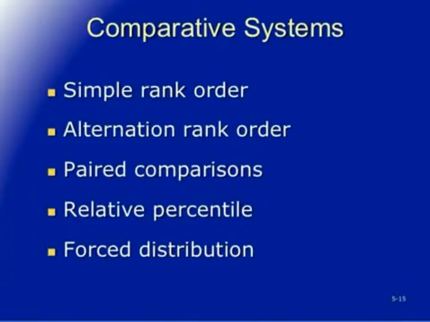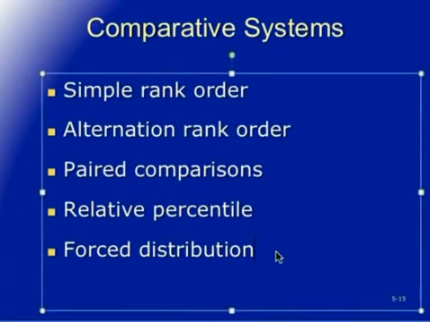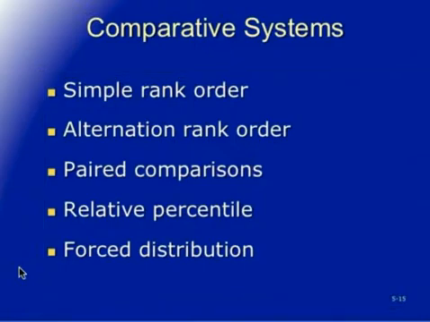So different types of comparative systems: simple rank order, alternation rank order, paired comparisons, relative percentile, and forced distribution. Again, I don't want to take too long explaining all these, so please go ahead and look into these in a bit more detail in your textbook. They're all fairly straightforward, not too complicated, just similar systems, but with some tweaks between them. So go ahead and refer to your textbook for that. I don't want to just rehash these all for you and tell you everything you may have read or are going to read